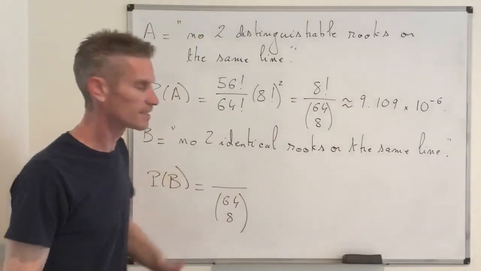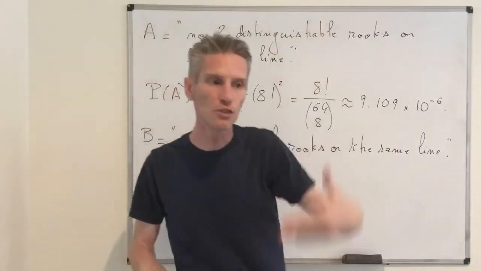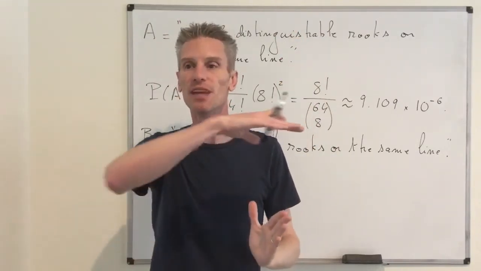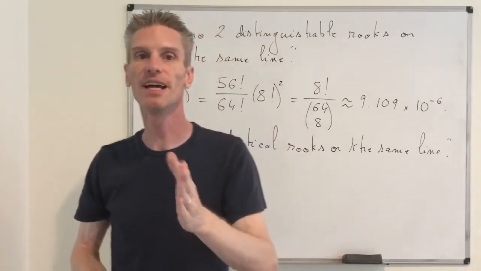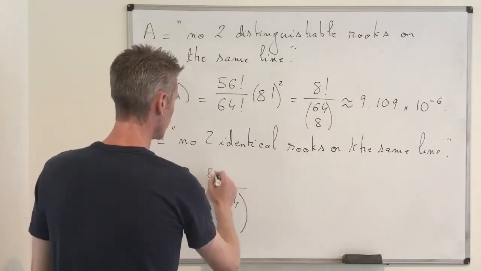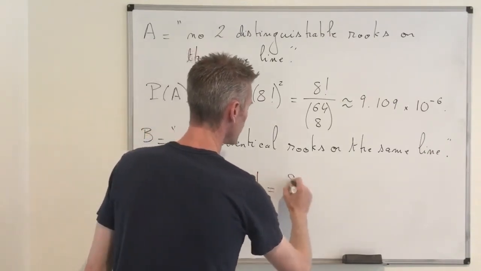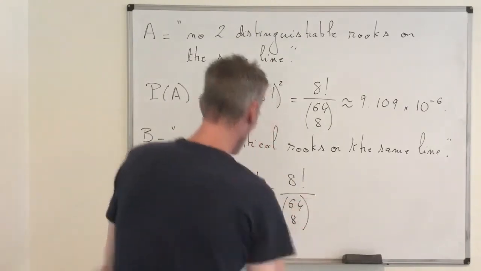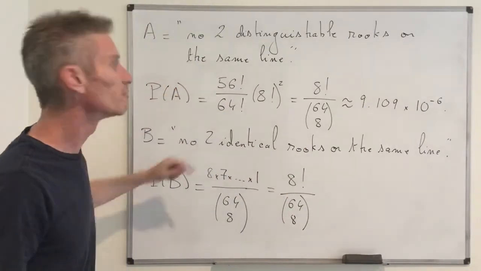So now in the second case, to count the number of possible configurations, the goal was to choose one of the 8 squares in the first column. We have 8 possibilities. And then for the square we choose in the second column, we have only 7 possibilities, and then 6 and so on. So eventually, here you have 8 times 7 and so on, and you go down to 1. And so this is 8 factorial divided by 64 choose 8. Conclusion, you see we get the same number.